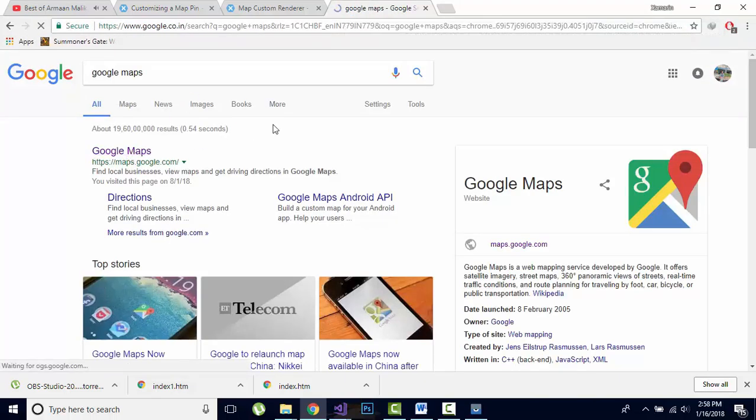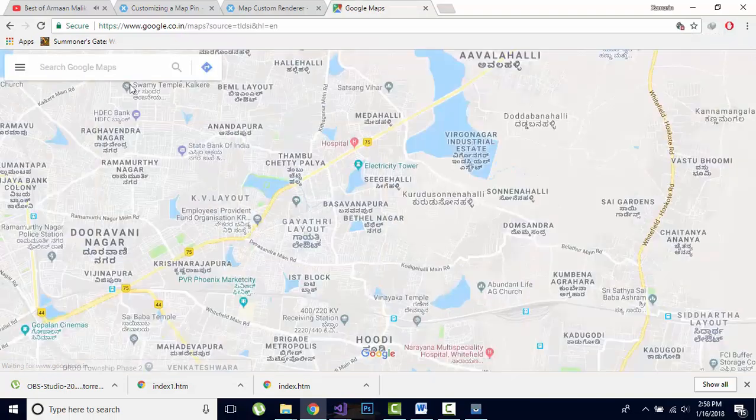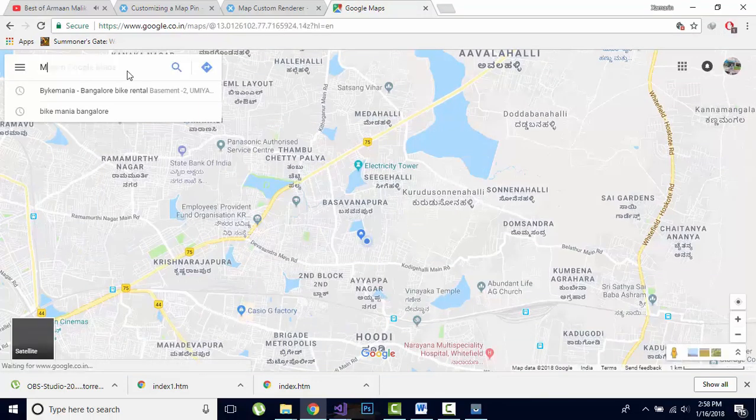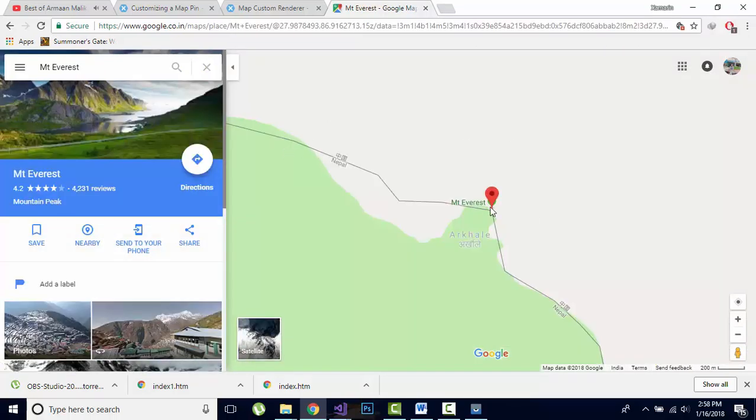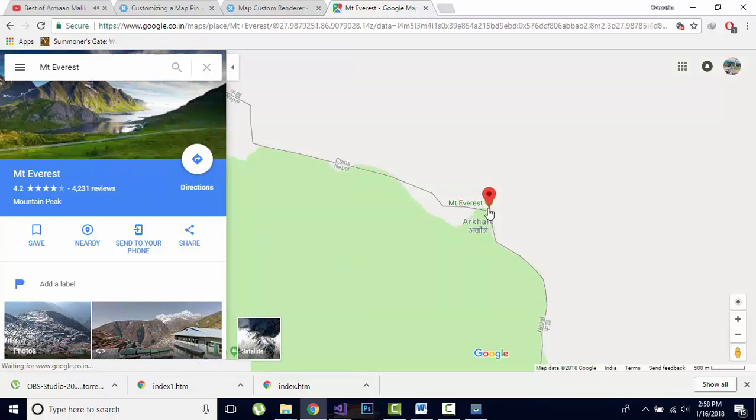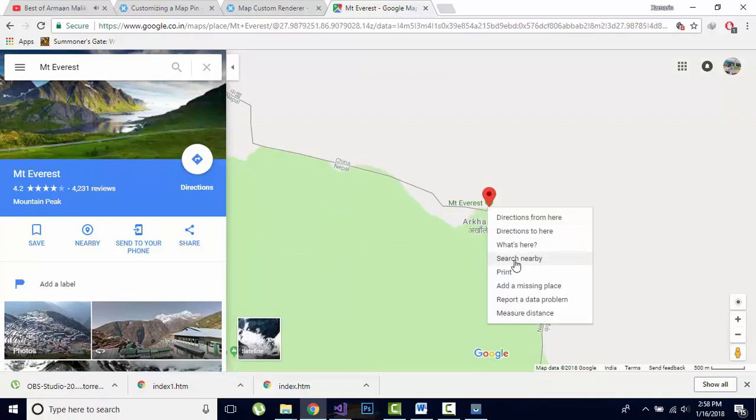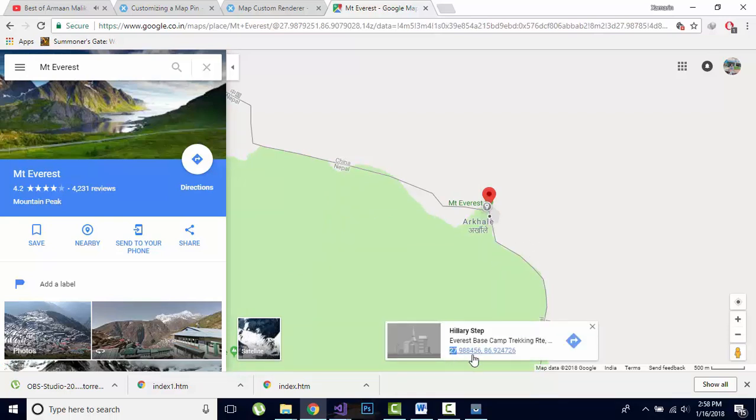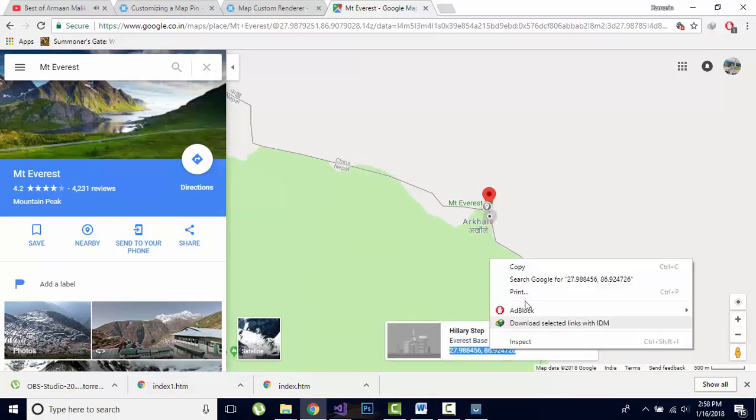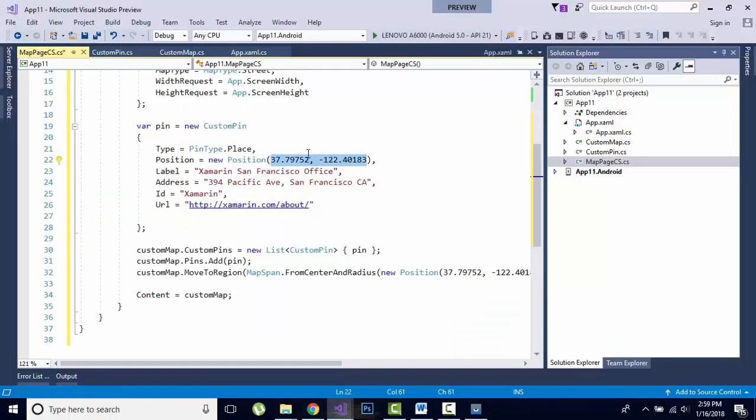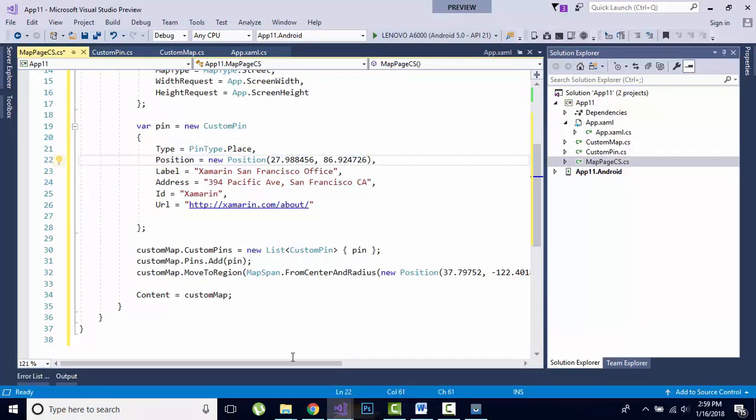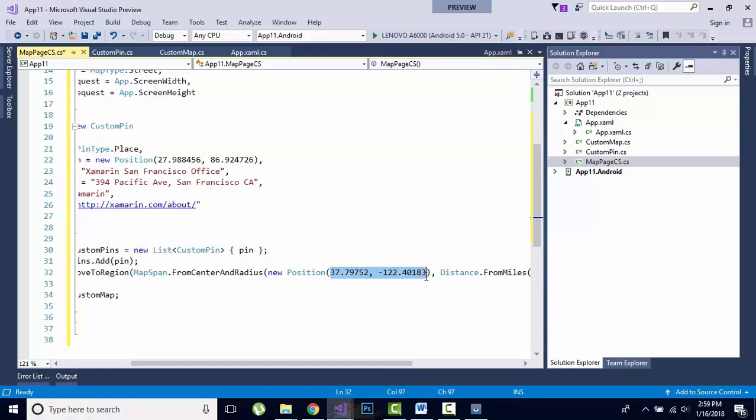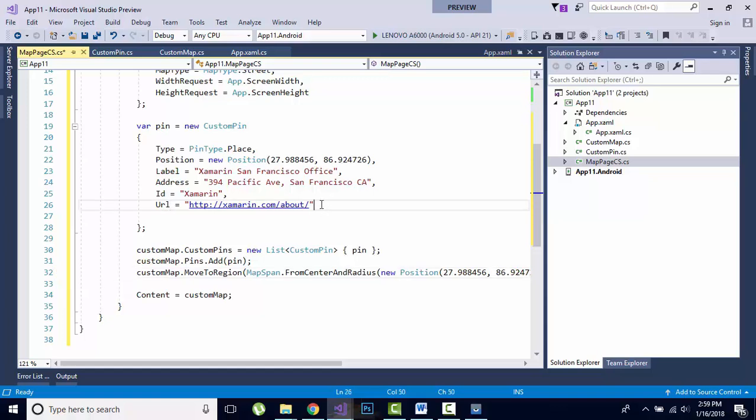and then open it. After that, you can type any location as you like, as I'm typing Mount Everest, and then right click here or anywhere you like, and then select What's here and then give a custom position, and copy and paste over here. These are the custom pin positions that we are placing in our map, and then to start from that position I'll copy and paste over here so that the map is navigated from that position,